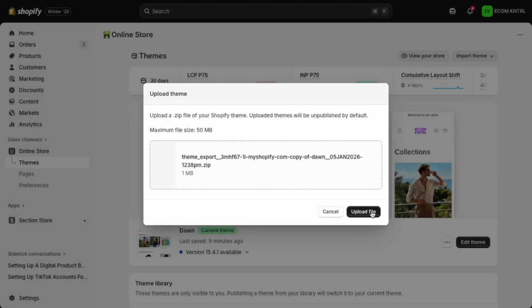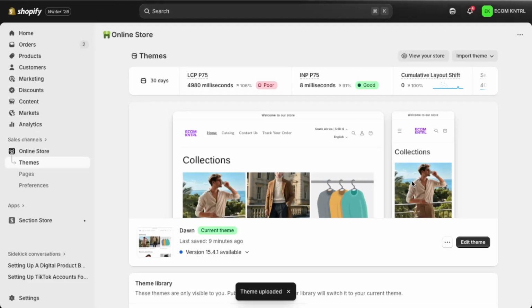With the file selected, you'll be brought back to the Shopify import window. Now click on Upload File. Shopify will start uploading your zip theme and then process it. Depending on the file size and your internet connection, this might take a little bit of time, so don't worry if it doesn't appear instantly. Once the upload is complete, your new theme will show up in the Themes section under Theme Library. From there, you can customize it or publish it when you're